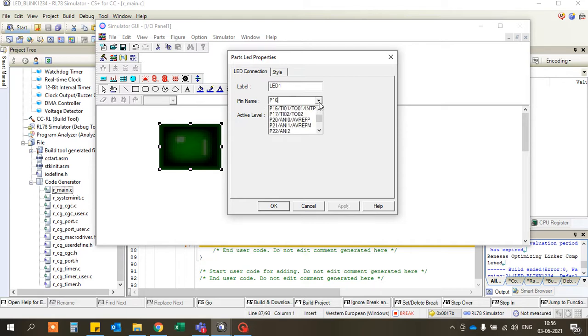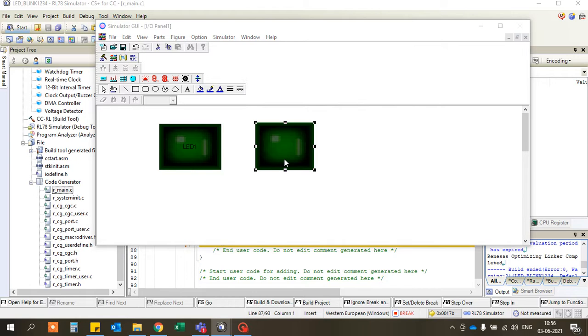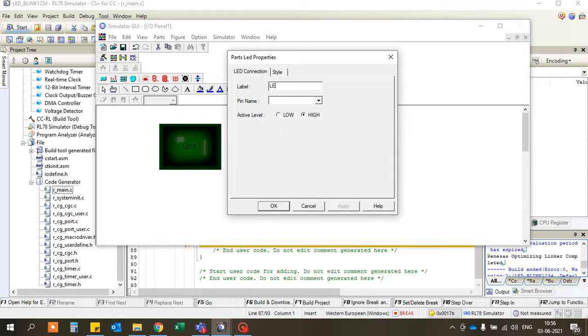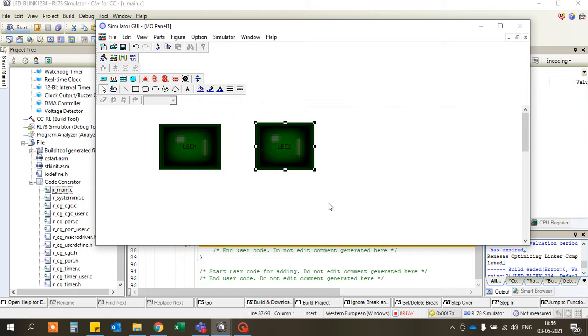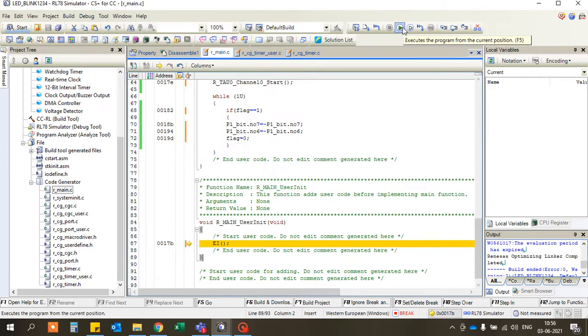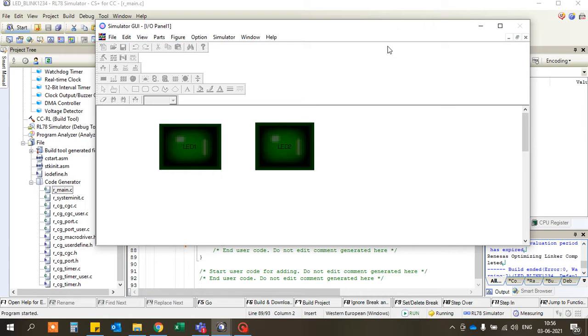Which port have you selected? Port 16. Okay. Then here LED 2, select port 17. Now both ports are selected. Now your LEDs are created. Just start this project, execute.